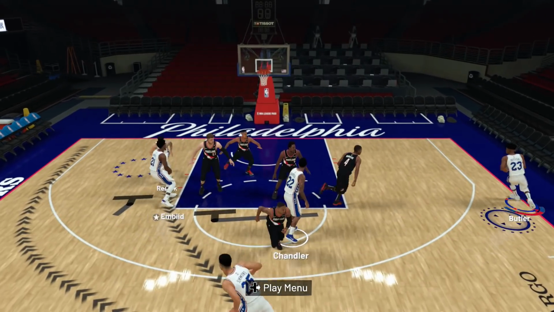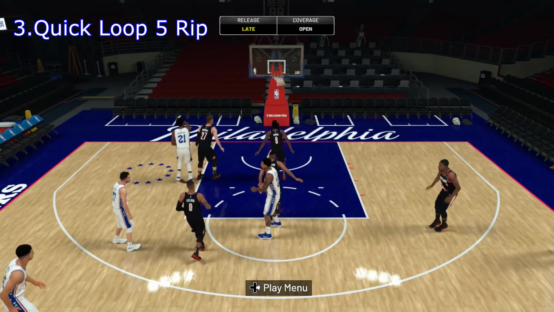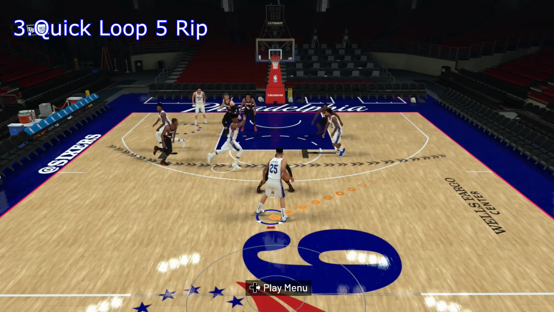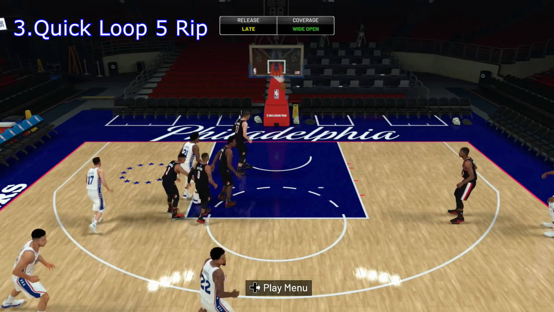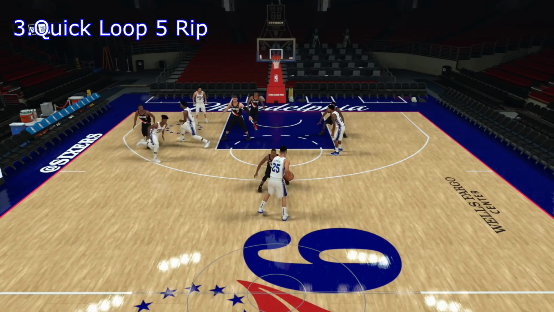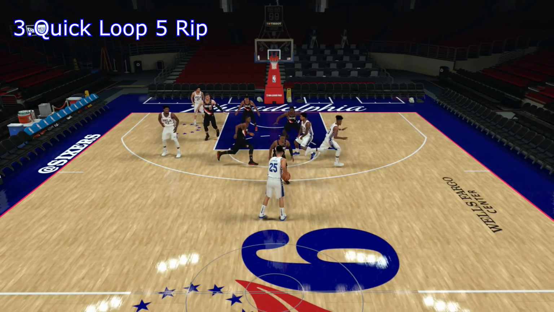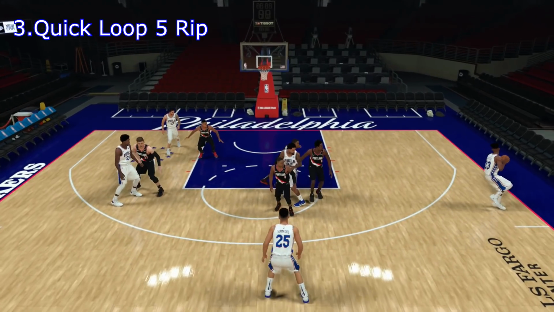Next we have the quick loop 5 rip. You're going to call this for Embiid, but Redick or Butler is going to end up scoring on this one most of the time. So Simmons is going to start with the ball at the top and Butler's going to start on the left wing. Then Butler's going to run to the opposite wing through 2 screens, and a lot of the times he'll be